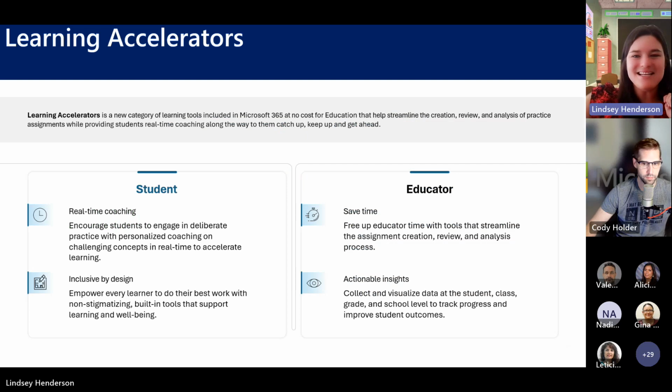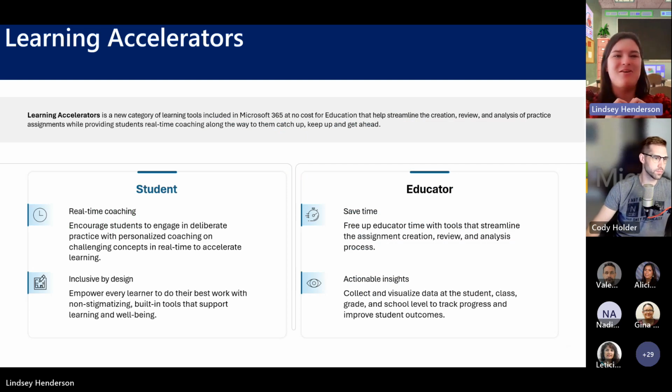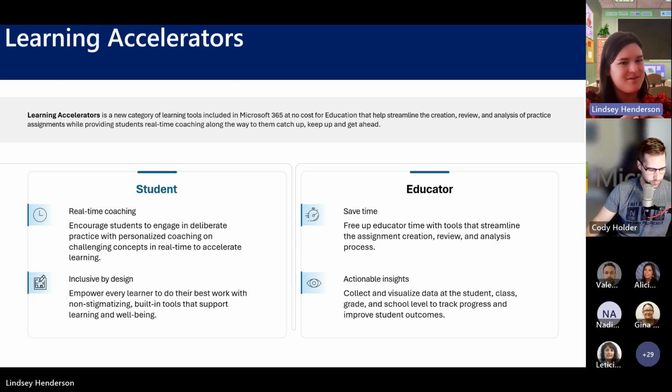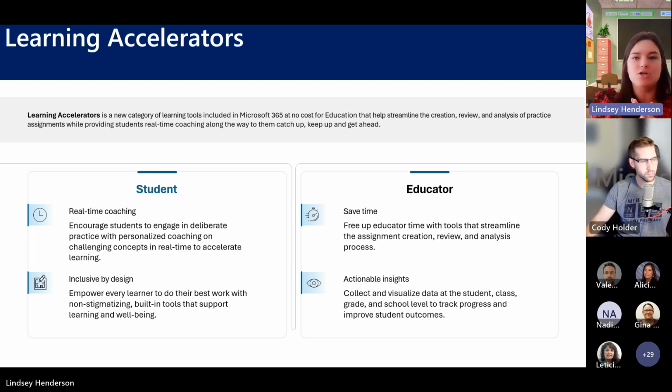All right, now to get into some of the fun stuff, which is kind of why we're here today, around the learning accelerators and Reading Coach, Reading Progress specifically. Essentially, learning accelerators are going to be pre-built, customizable AI solutions that are all around enhancing specific learning scenarios. So you'll see that there's part of them where they focus on foundational skills for students like reading and math.